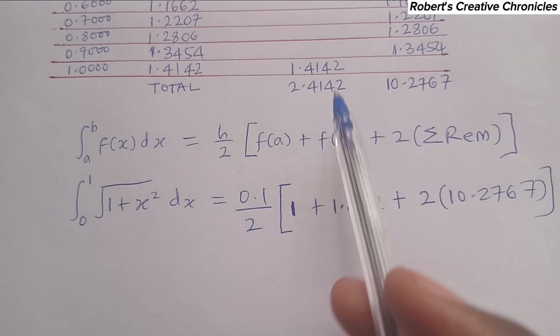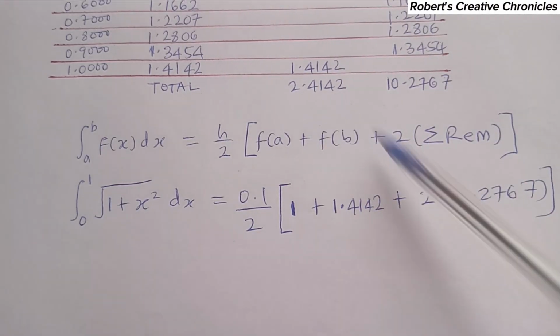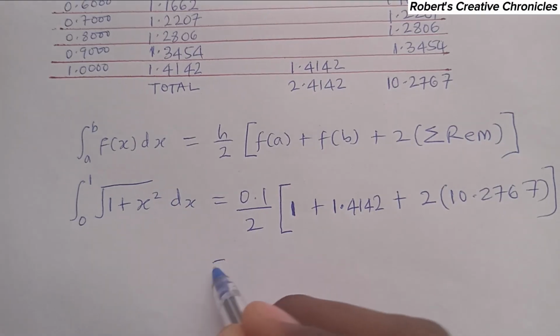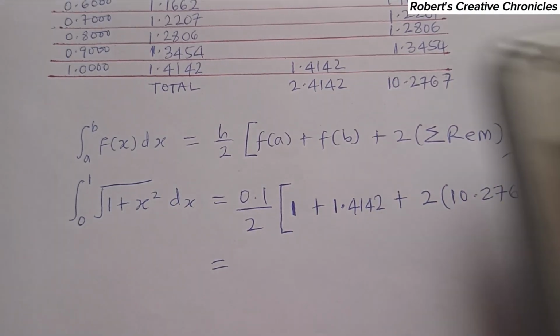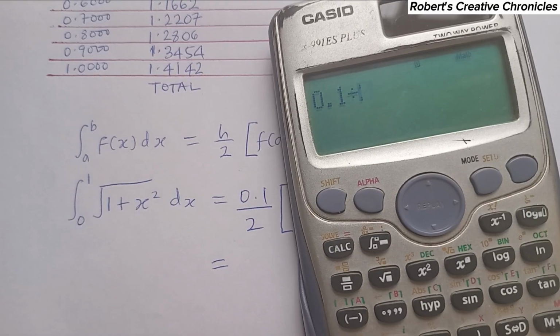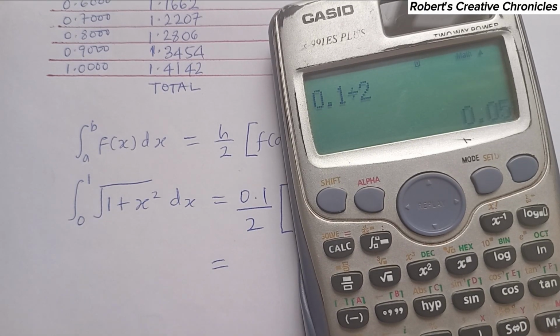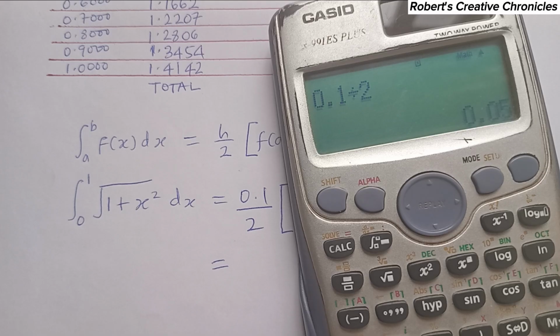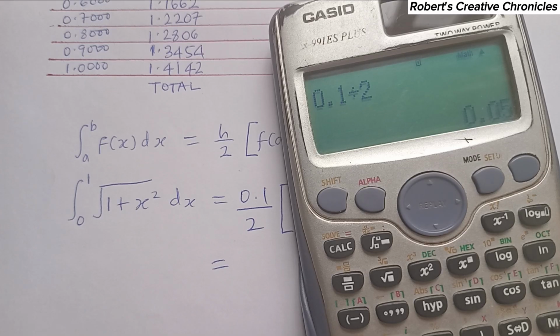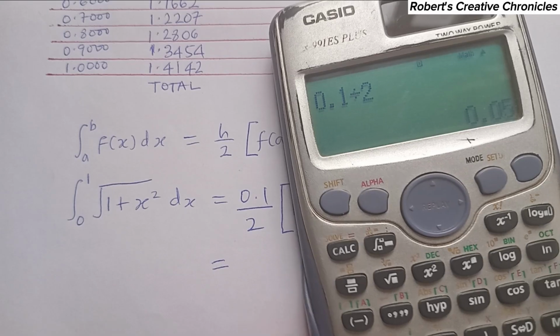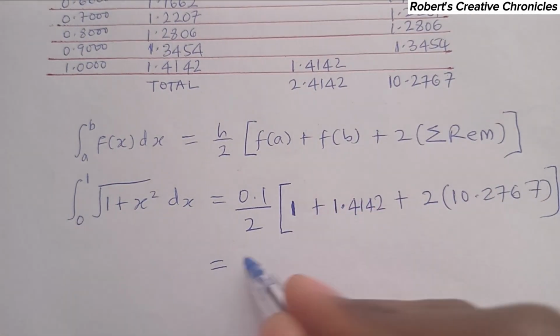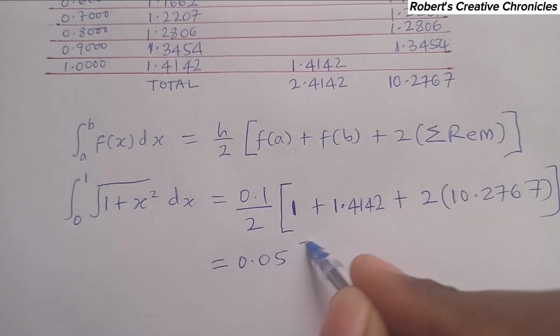And these two terms, we have already added them here, which is 2.4142. So it will be 0.1 divided by 2, which is 0.05. So it will be 0.05 times